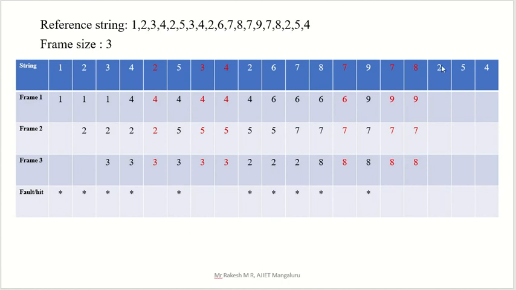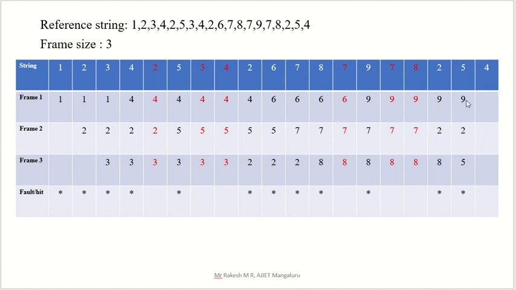Then the CPU is asking 2, which one do we have to replace among 9 7 8, the 3 frames? 9 is here, then 7 is here, 8 is here, we have to replace 7, right? So replace 7 and add 2 here, 9 2 8, that is also a page fault. And 5 is asked, is 5 there? No. Then compare 9 2 8, which one came first? 2 here, 9 here, 8 here, replace 8 and add 5 there, that is also a page fault.